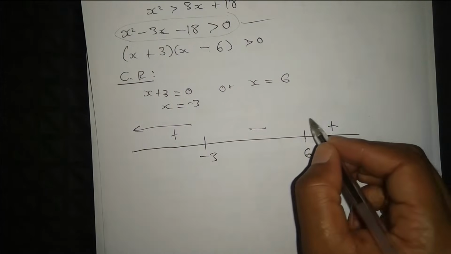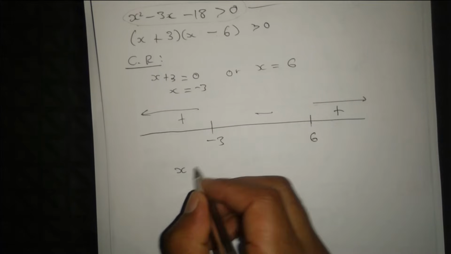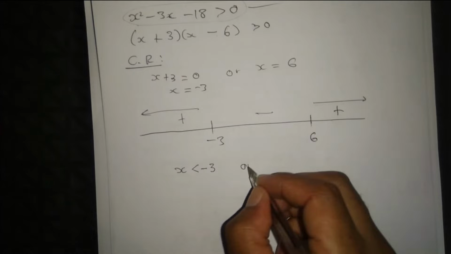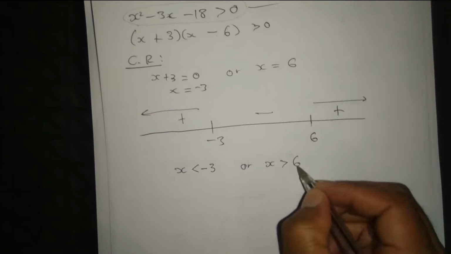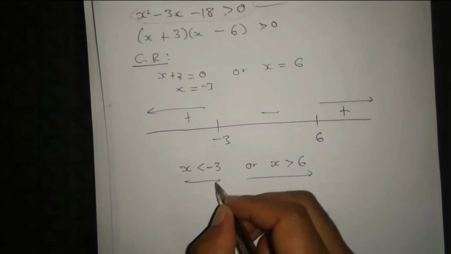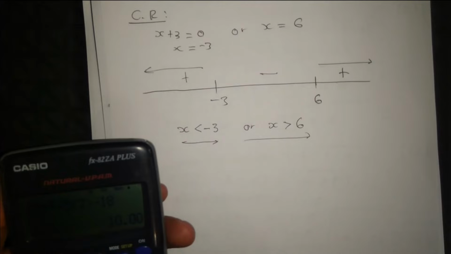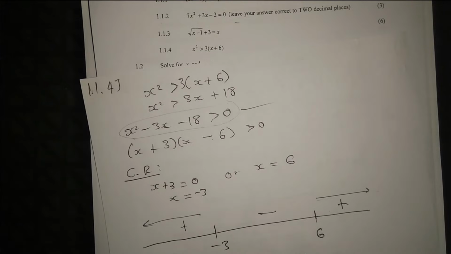Our solutions are here and here. So our x values must be less than -3 or must be greater than 6. So now those are our solutions again, right? We are done with quadratic inequalities, and now we go to 1.2